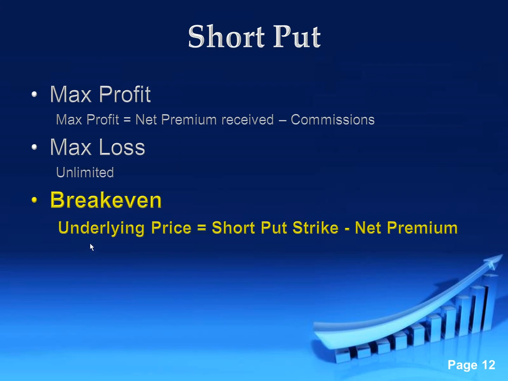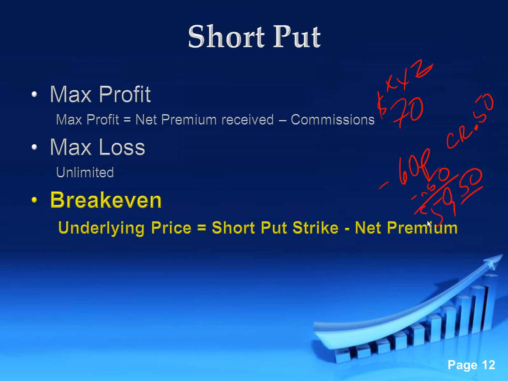All right. So a break even, though, is when the underlying price reaches our short put strike minus that premium received. I threw out an example. Let's just say XYZ is trading 70 right now, and I go out and I sell these 60 puts. Well, I sell the 60 puts and I get a credit of, let's say, 50 cents. Well, now my break even is that 60 put minus that 50 cents. Right. So my break even is